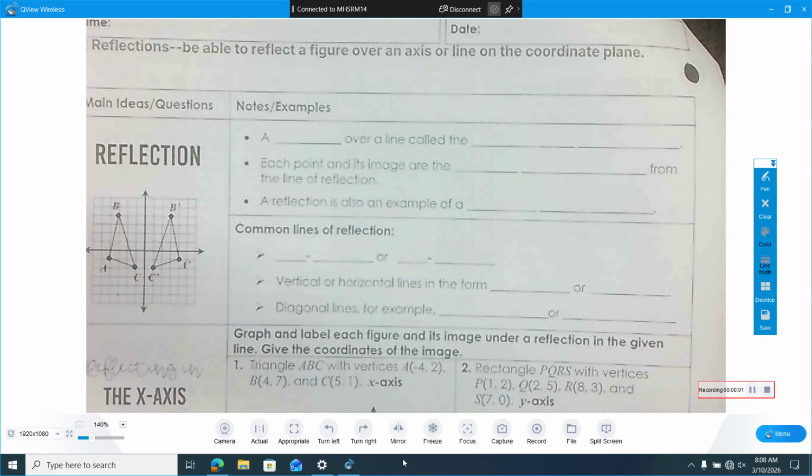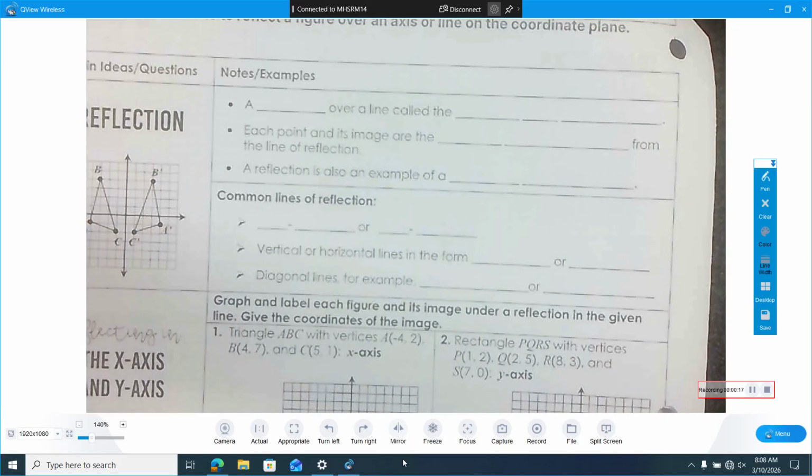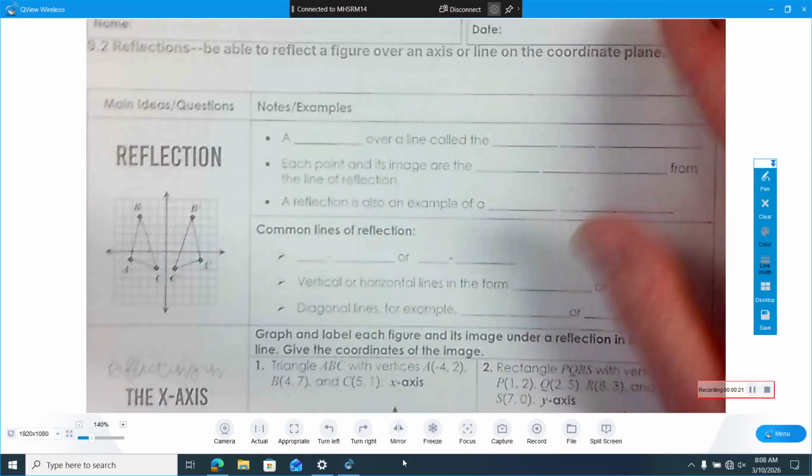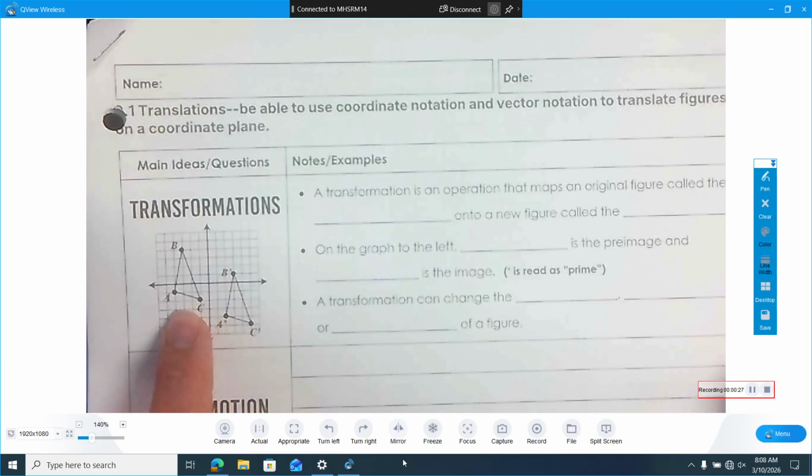So yesterday you guys were doing translations, which hopefully you found like the easiest thing ever, right? That is just sliding a pre-image left, right, up, or down, and it was super easy, okay? Now what's important to understand about translations is that